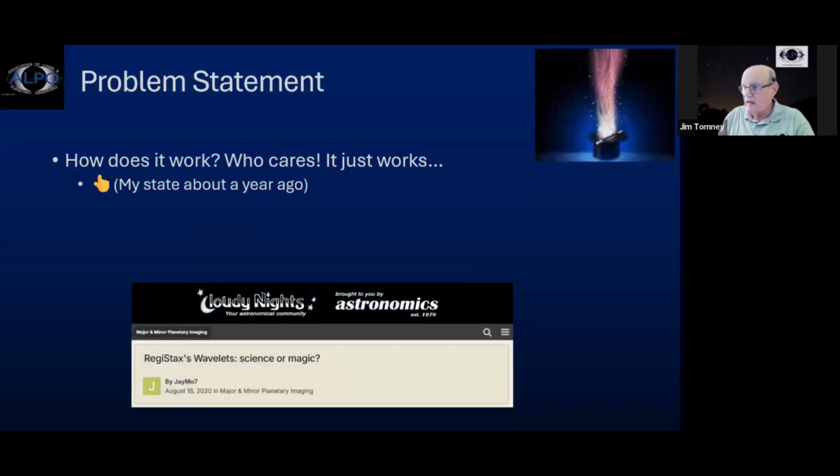Because basically the problem statement is, how do wavelets work? And for a lot of us, myself included, it was kind of like, who cares? It just works. Especially if you're going to get into what I perceived as potentially heavy math. I'm not necessarily a math phobe, but I'm not a math file. So I was like, well, I'm busy, it works. Who cares how it does what it does? But actually, it is good to get a little bit of an understanding of what's happening when we're